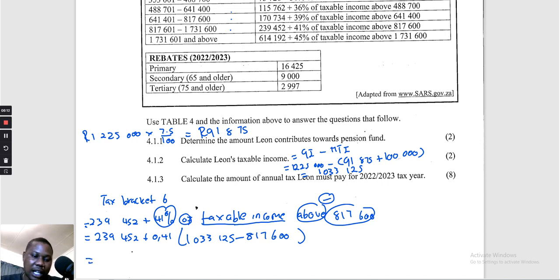So on your calculator now we can say 1,033,125 minus 817,600, which gives us 215,525. Let me recheck again. 1,033,125, okay, that is correct. Then after getting that 215,525, I multiply that by 0.41. So meaning that now I'm going to have